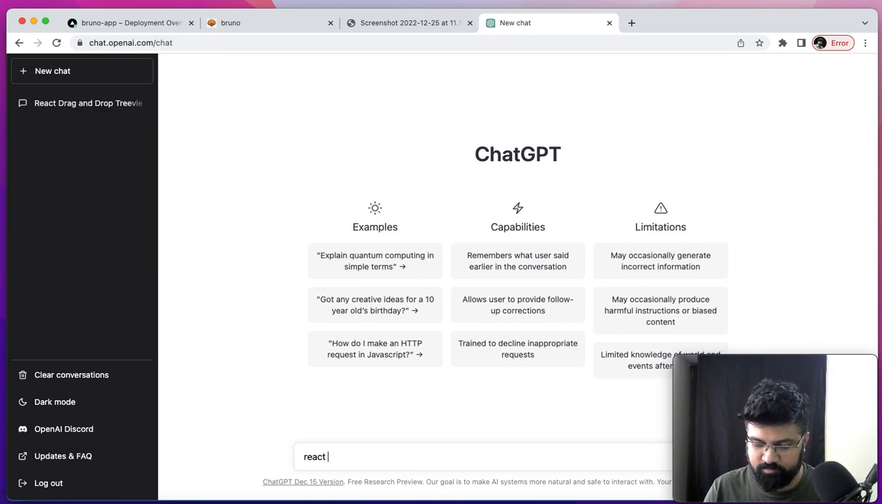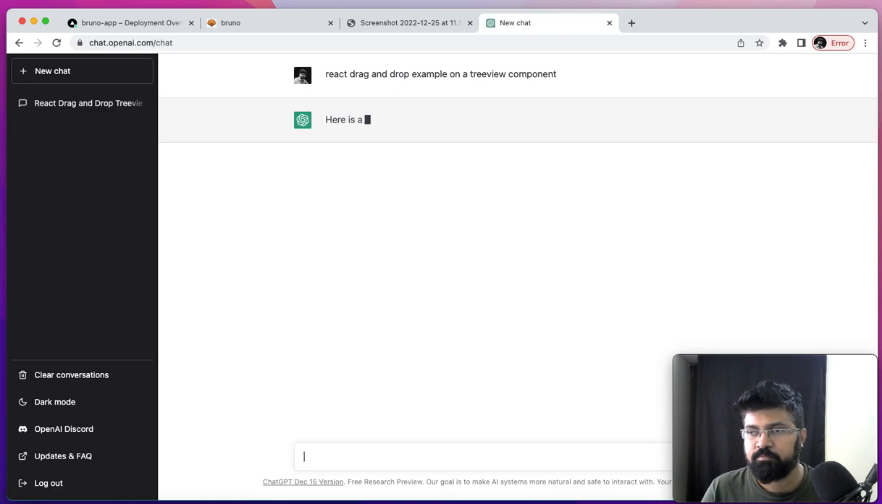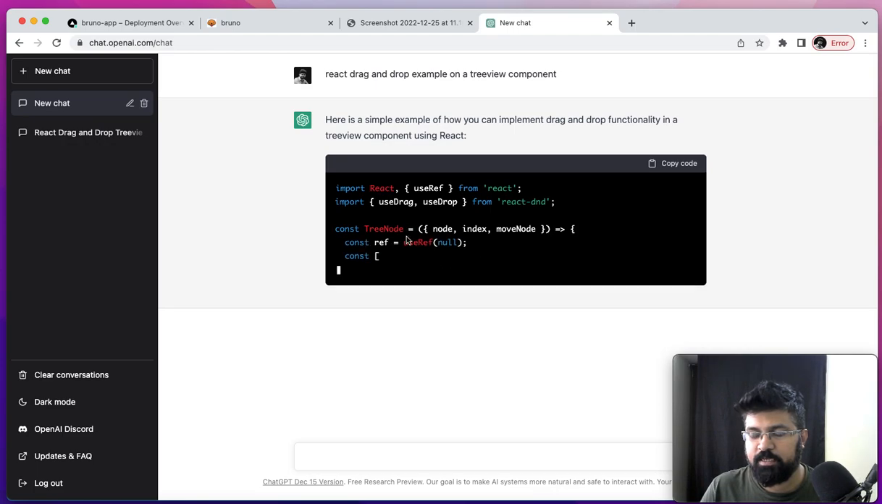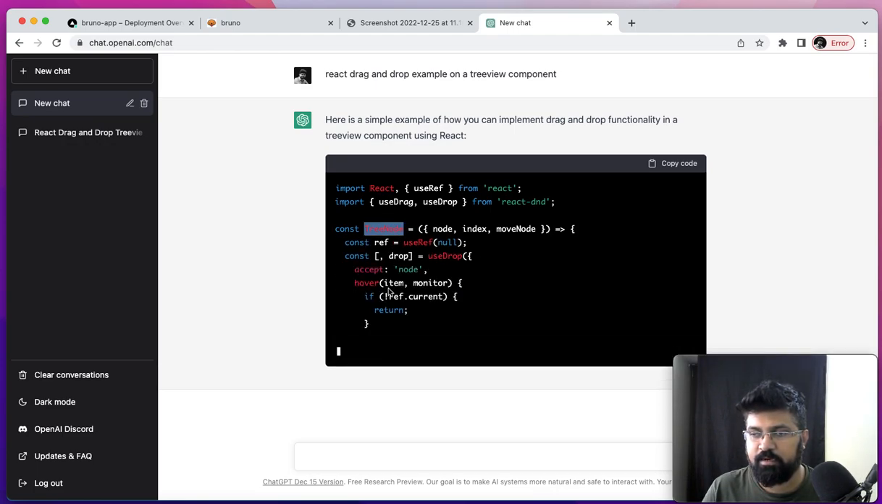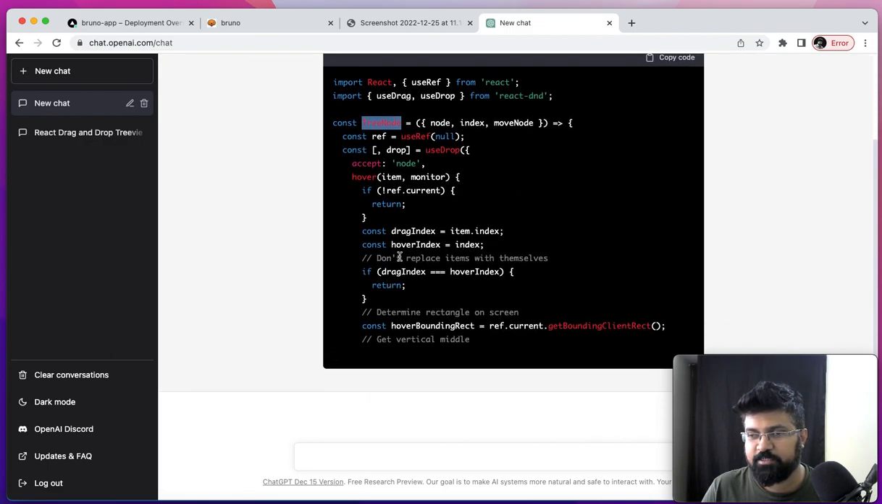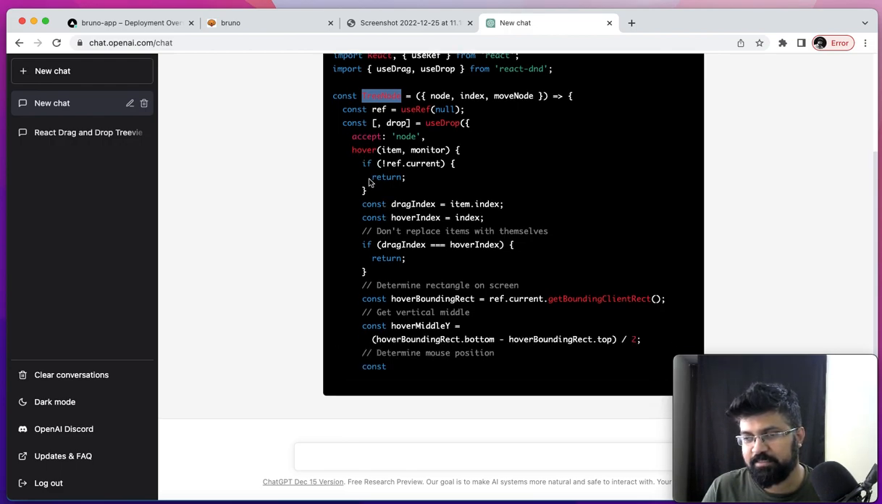I'm just going to say to ChatGPT that I want a React drag and drop example on a tree view component. Okay, it's actually putting in a tree node. I was blown away when I saw it doing this for the first time, because